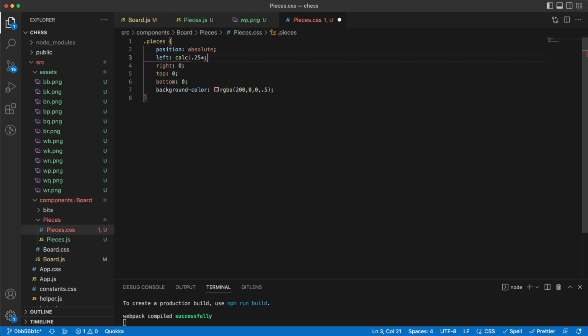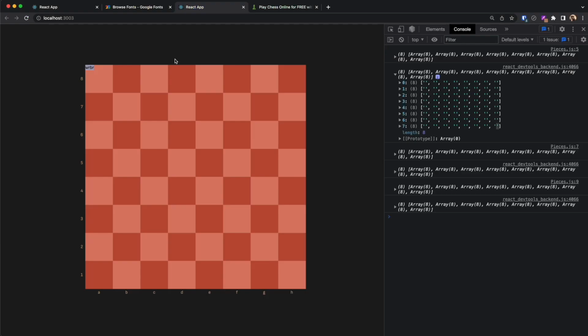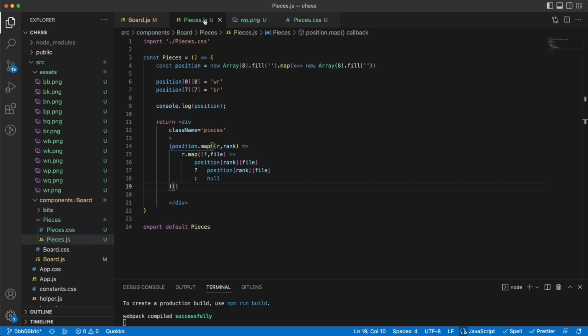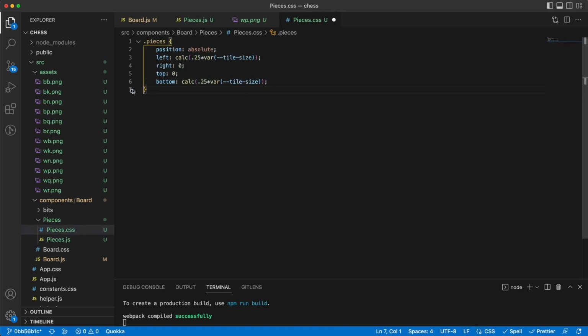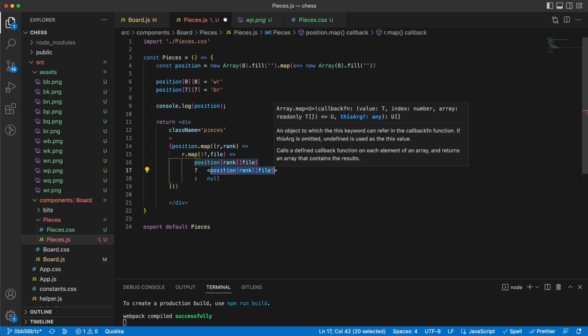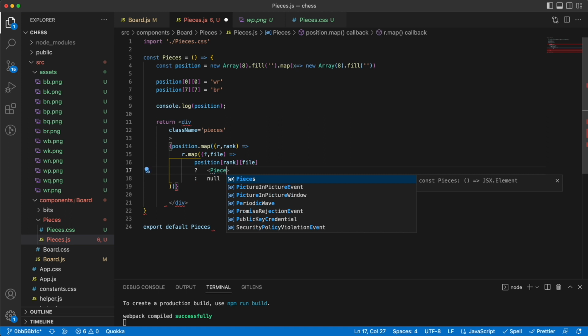Calculate 0.25 times the var of tile size that we had. The same shall go for bottom as well, and yes, it's in the right place. Okay, so far so good. Now I can remove the background as well. Now I need to, for each and every piece, instead of just rendering a text, then render a piece, so to say. So I would say this should render a piece